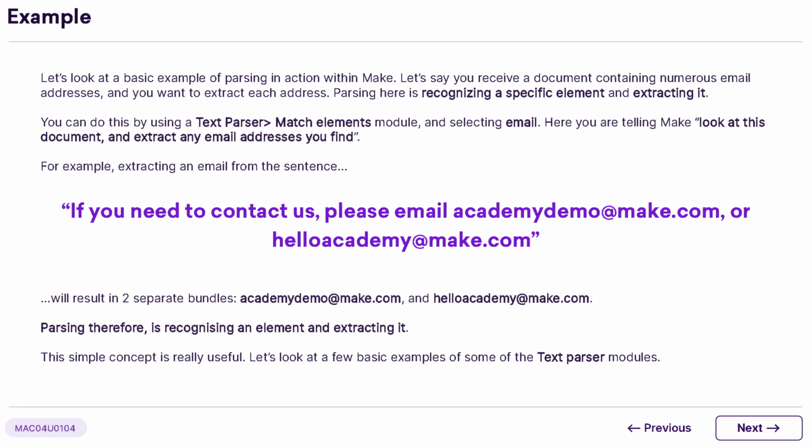for you. For instance, consider a line that reads, if you need to contact us, please email academydemo@make.com or helloacademy@make.com. The parser will accurately identify and extract each email, resulting in separate bundles containing academydemo@make.com and helloacademy@make.com. This method of extracting specific elements is not only straightforward, but incredibly useful for organizing and handling data efficiently. Now, with a grasp on this basic concept, let's dive deeper into other scenarios where text parser modules could be